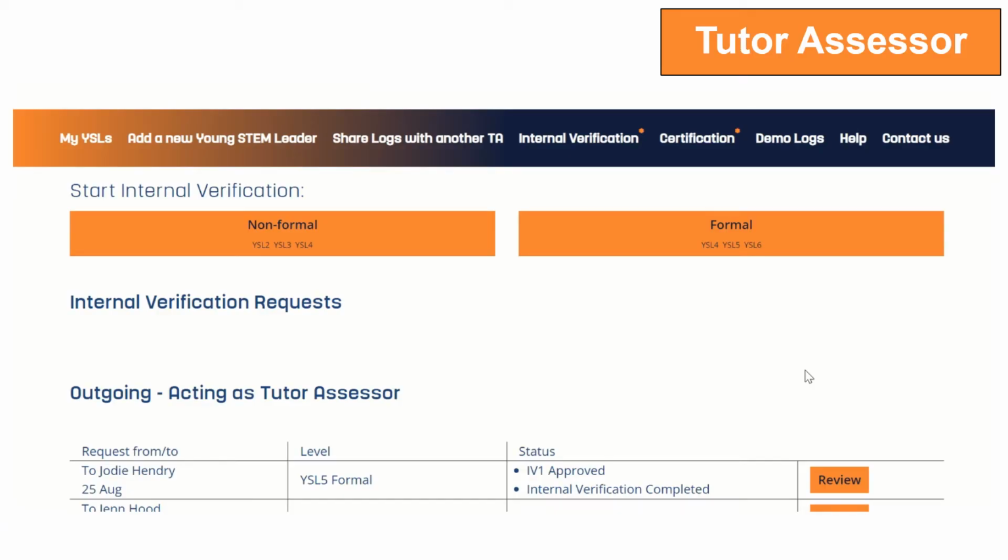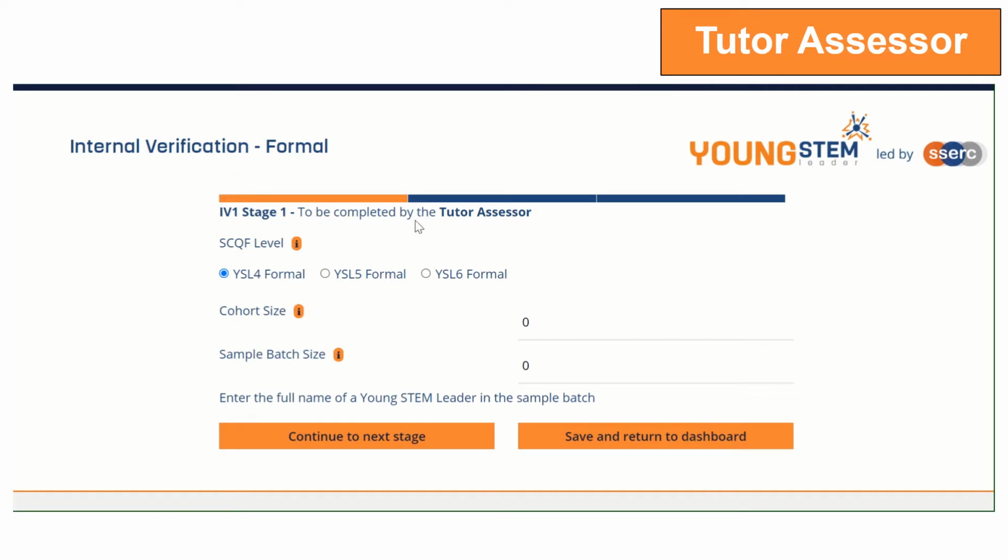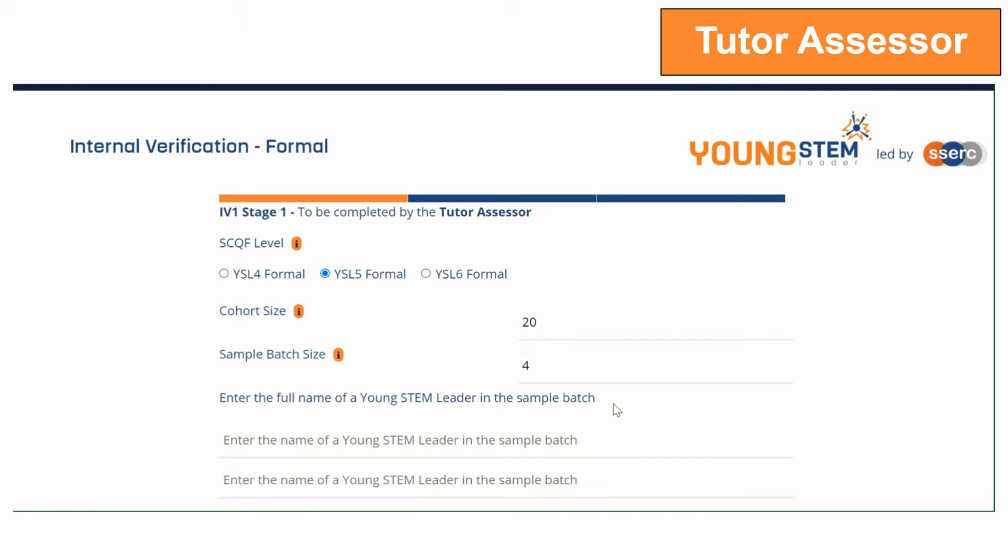To begin internal verification, click Formal under Internal Verification on the tutor assessor dashboard. The first step, or stage 1, is completed by the tutor assessor, who first selects the SCQF level that the Young STEM leaders are working at, and then inputs the cohort size and the size of the sample batch, which